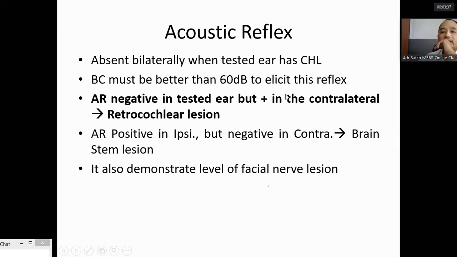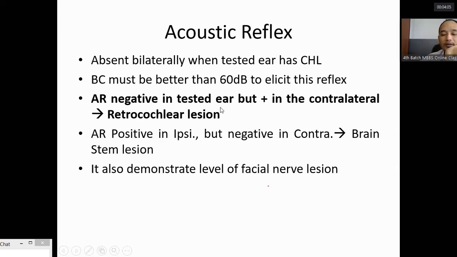And to elicit this reflex, the bone conduction must be better than 60 decibel. The sensorineural hearing loss must not be more than 60 decibel in order to perform this acoustic reflex test. Now, if the acoustic reflex is negative in the tested ear, but it is positive in the non-test ear, then this